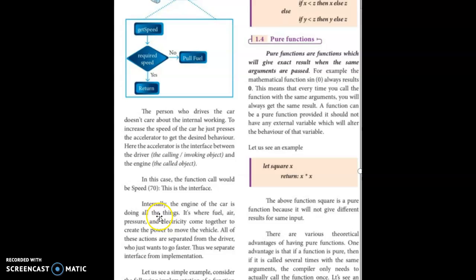Internally the engine of the car does all the work. It is where fuel, air, pressure and electricity come together to create the power to move the vehicle. All of this action is separated from the driver, who just wants to go faster.